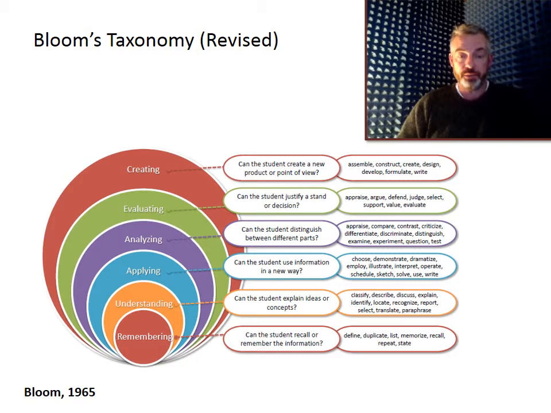Which leads us to one of the many frameworks, but probably the most important framework that exists in the literature for that specification of learning outcomes, which is Bloom's taxonomy. Bloom's taxonomy, which is one of many different frameworks for looking at student learning outcomes, allows us to articulate a set of statements about what a student is able to do in terms of specific definitions and criteria that might find their way into assessment.